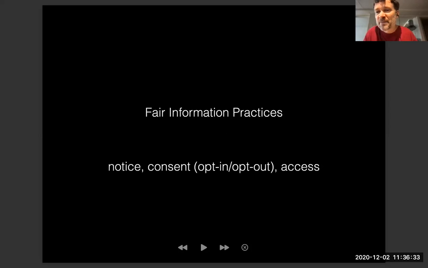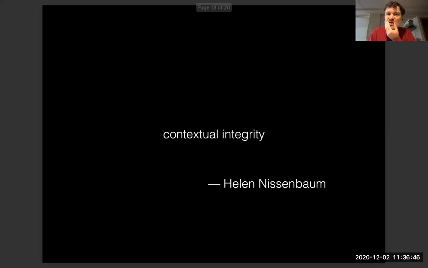Okay, so this is a fairly limited notion of privacy. Those are some principles you could try to follow if you were building a system that's collecting sensitive information about people. Another notion from the philosopher Helen Nissenbaum has been influential lately. She calls it contextual integrity, which is a mouthful. When I first heard that, I thought, what does that mean? What she means is that